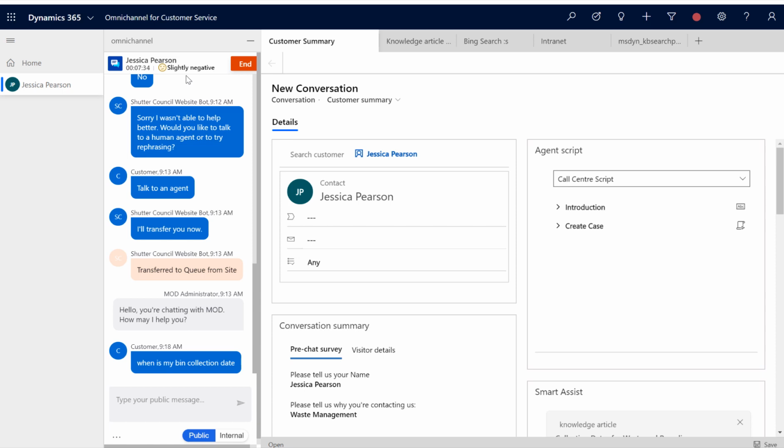This sentiment is going to also be visible to my supervisor, who can, if they wanted to, join the chat, and I'll demonstrate this later to try to assist in turning the sentiment around. However, as an experienced agent, I should be able to do that myself. As it goes through the chat, you'll actually see the sentiment either go very negative or neutral and positive, etc.